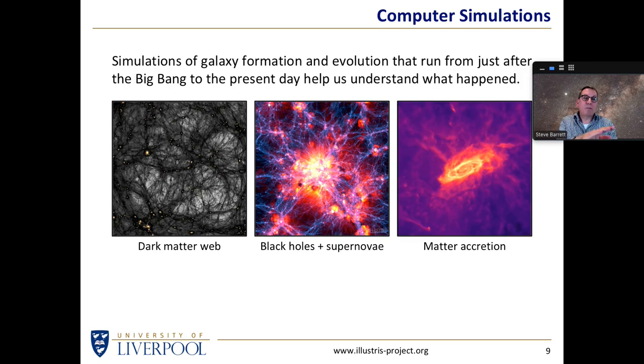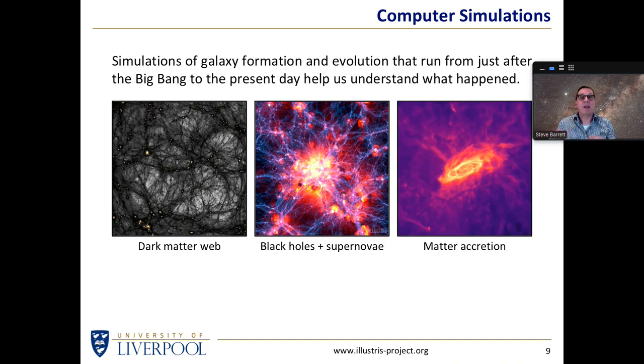So we're talking about matter accretion, the right-hand panel, but when we're trying to calculate that, we have to take into account, for instance, the left-hand panel, the fact that the universe seems to be not only full of hydrogen, but seems to be full of a whole load of material that we're calling dark matter, even though we don't actually know what it is. Again, I told you about that back in 2019. In a sense, we haven't moved on much in the last 2 or 3 years because we still don't know what dark matter actually is.